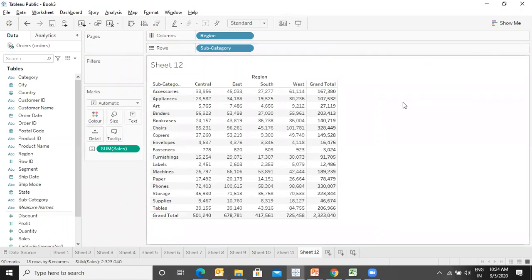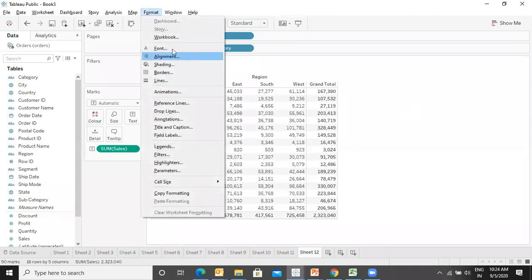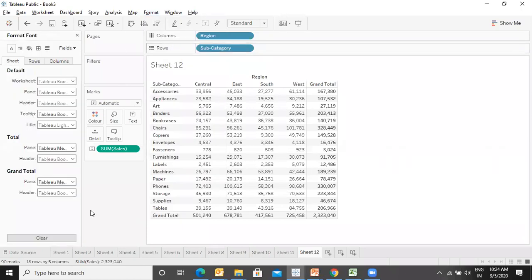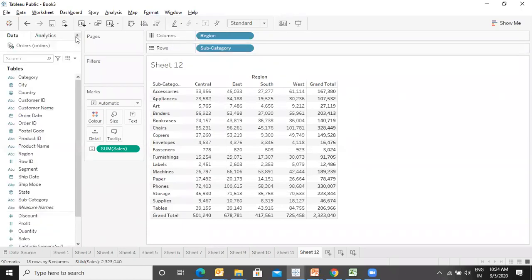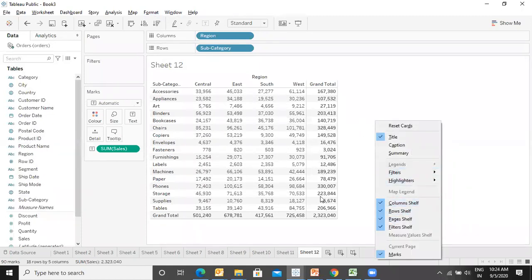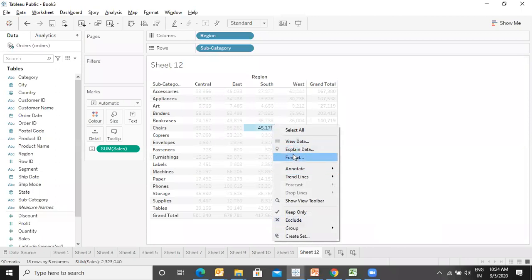Now I want to format it. So one way is you can go to the format and say whatever you want, font, alignment. You can choose an option from here, like say font. So you will be taken to this sheet, or you can right click over here and say format.